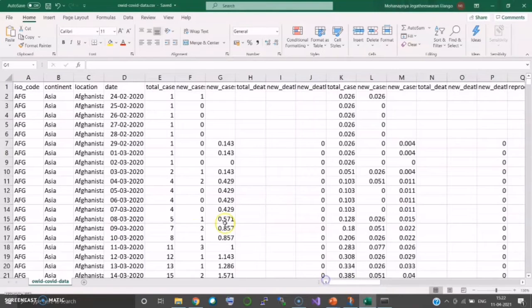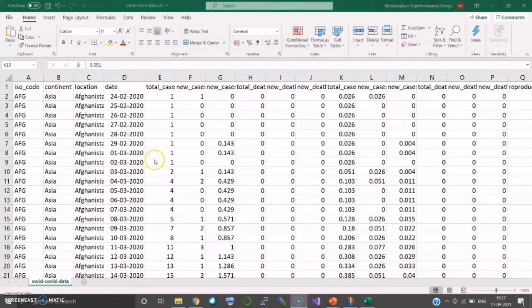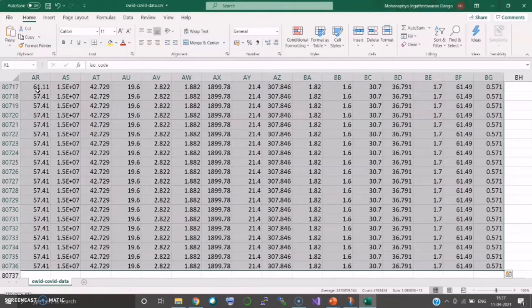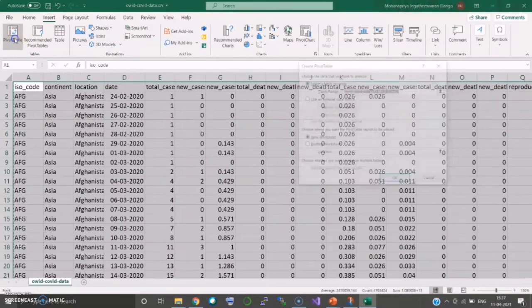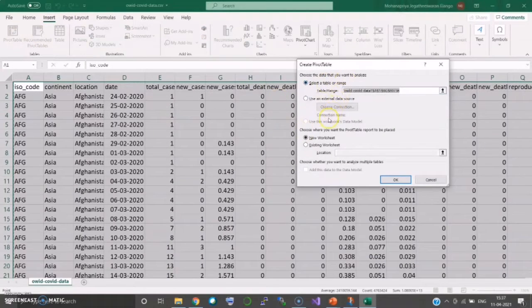This is the raw data which I have downloaded from the internet source. In the sources, I have so many blank spaces. To make my data look better, I'm going to fill the blank spaces with 0. Now the next step is to create a pivot table. For that, I have to select all the data, then go to insert and go to pivot table. I'm making the pivot table in a new worksheet.